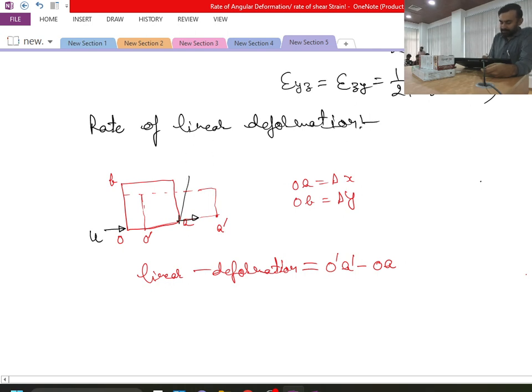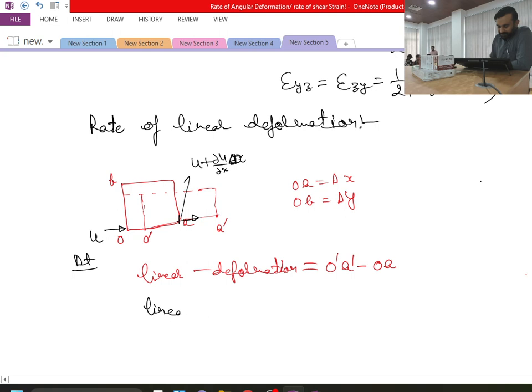Velocity at point A will be nothing but u plus ∂u/∂x into Δx. Is this point clear? If I apply the Taylor series, only considering the first term and neglecting the higher order terms, velocity at this point A will be u plus ∂u/∂x into Δx. Okay. So now, if I say that between the original position of the fluid element and the new position of the fluid element we have Δt as the time lag, then I can say that linear deformation will be,